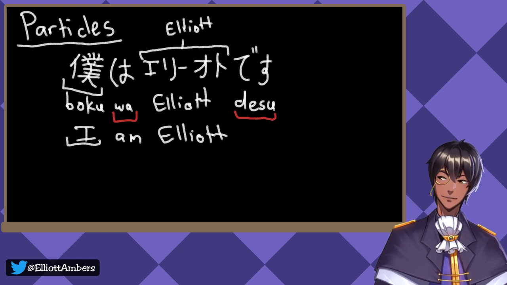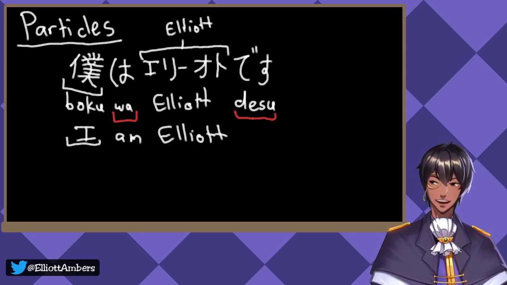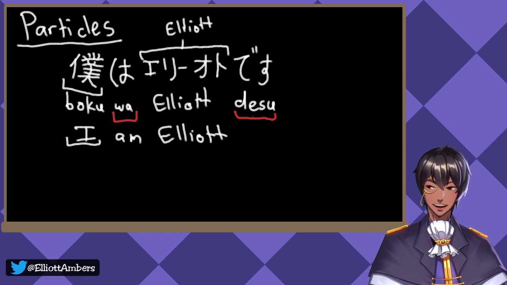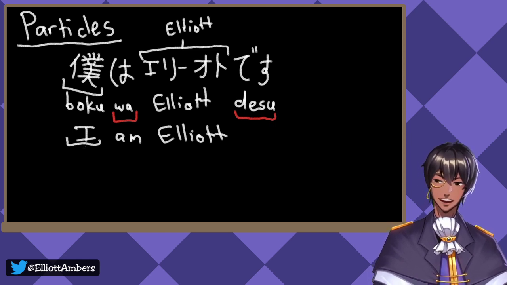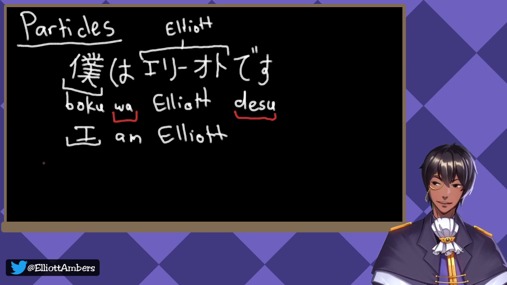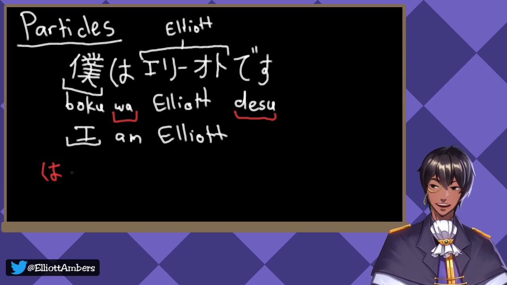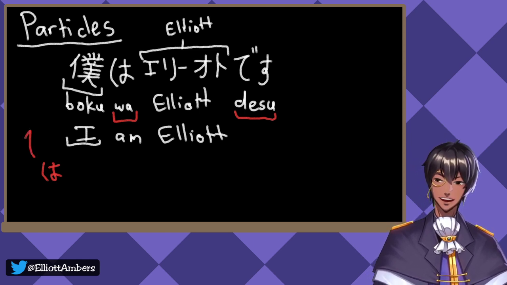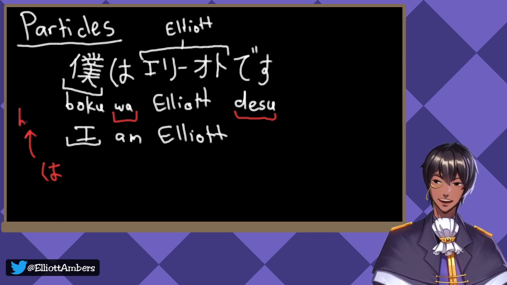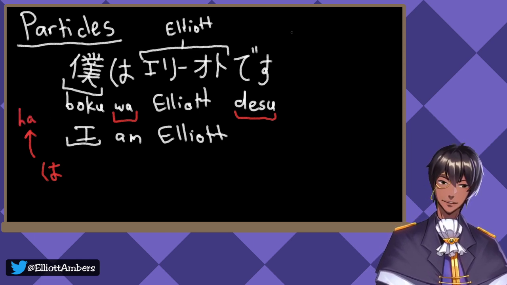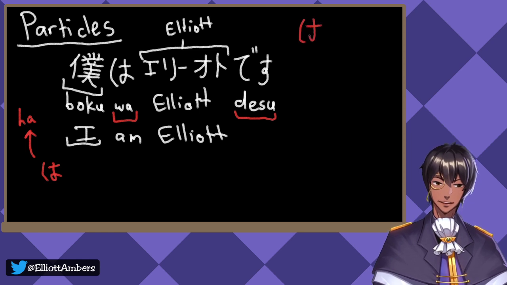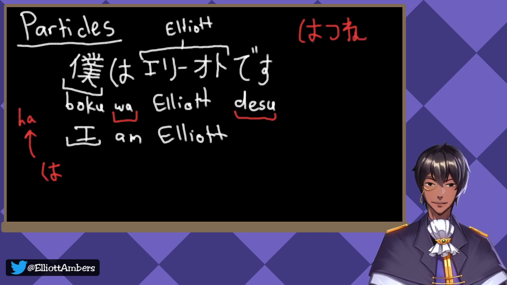So it's hard to make a straight comparison in English to what this is, because again, the direct translation in English is just 3 words as opposed to these 4 pieces here. What it is, the particle wa, which is actually, if you remember from the katakana lesson and the hiragana lesson from last week, this character, it is typically pronounced ha. Like, if we were to talk about, say, the term like hatsune, a popular Vocaloid Hatsune Miku, that's the character